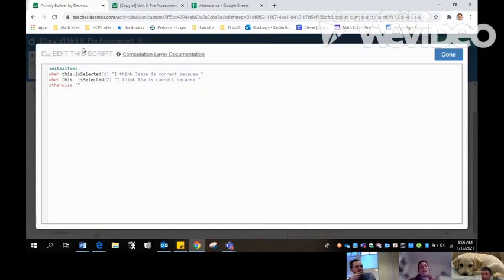So that coding, whether it's in a multiple choice, whether it's in a checkbox, or whether it's in just a text input period, you can start a sentence for them, and that's using the coding initial text. So if I start typing initial text, it automatically pops up. So I have to tell Desmos all of the different things that I want to have happen. So when this is selected 1, they chose Jesse. So I think Jesse is correct because, end quotation marks. When this is selected option 2, so if they chose Tia, I'm letting them start the sentence with, I think Tia is correct because,